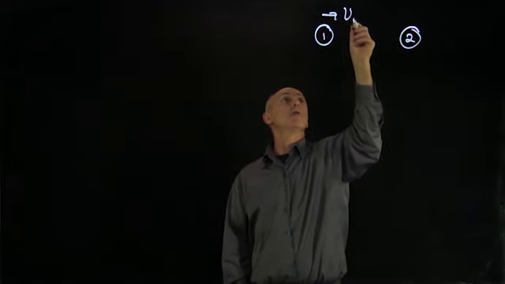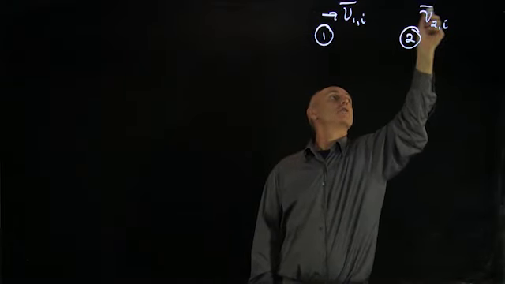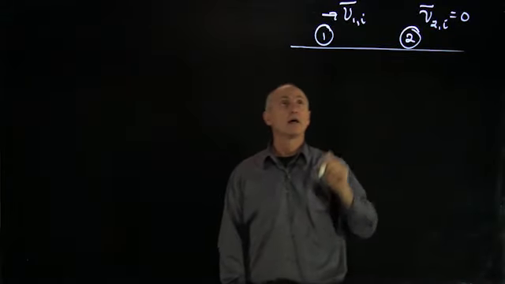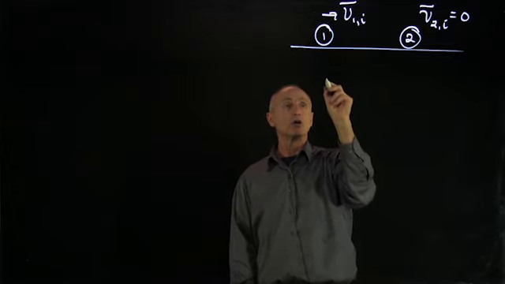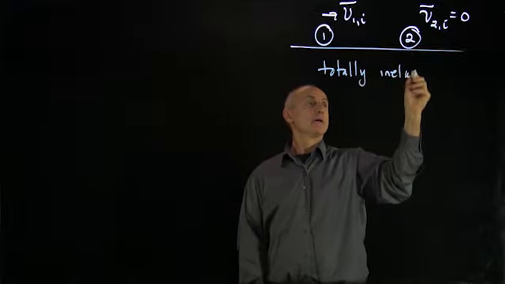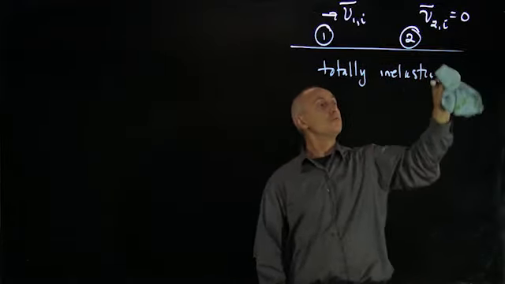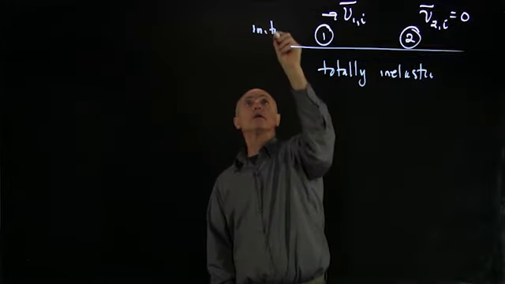Let's analyze a one-dimensional collision where we're in the laboratory reference frame and we have V1 initial and V2 initial is 0. It's a frictionless surface, but there's a collision here. And now we're going to make this collision totally inelastic. Now, what that means is that the two particles stick together. So if this is our initial state,